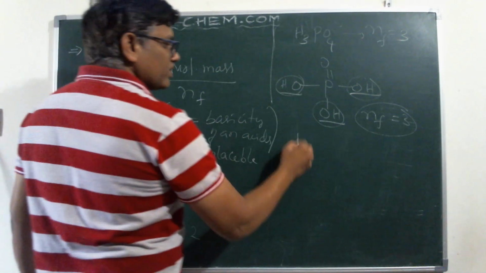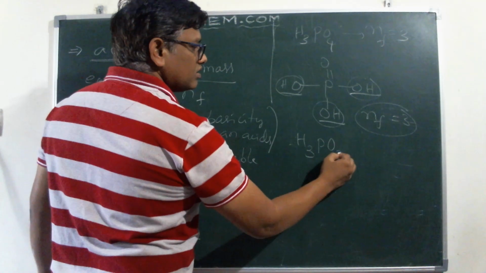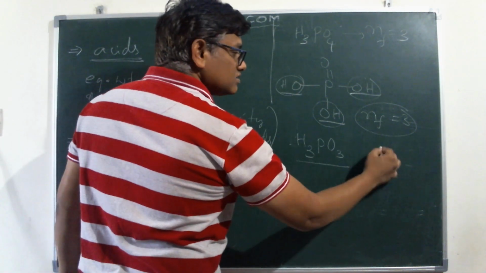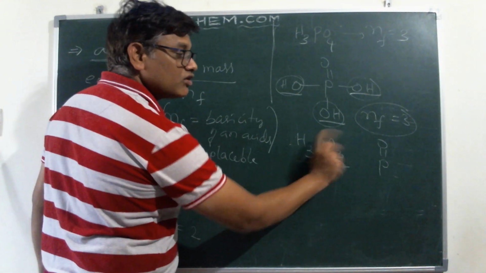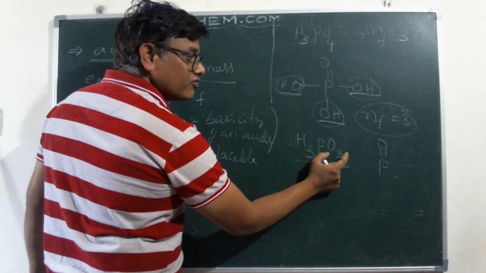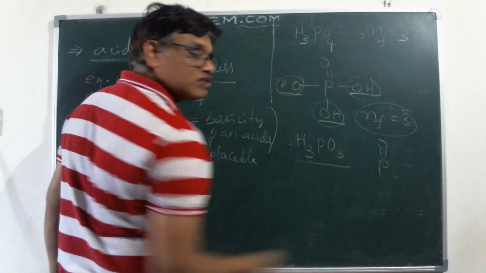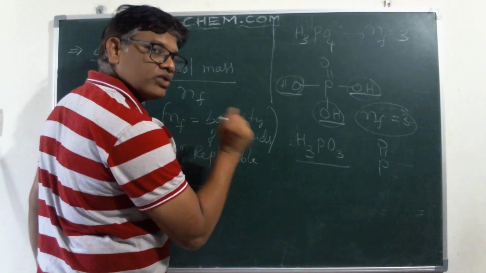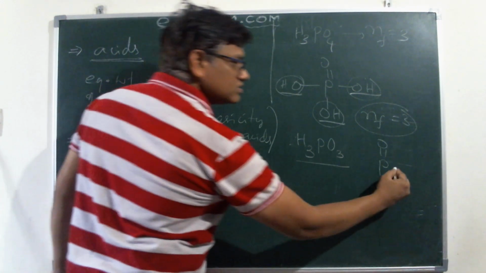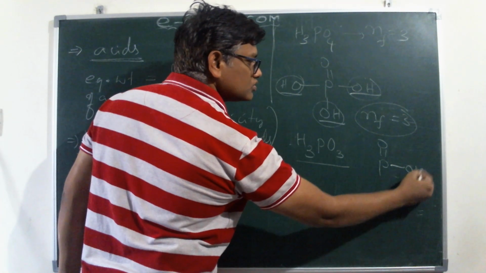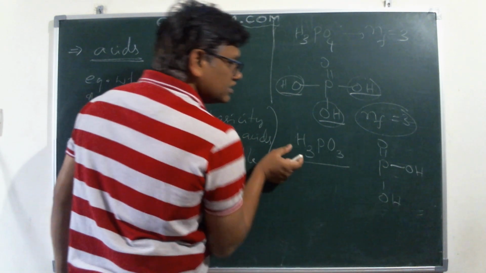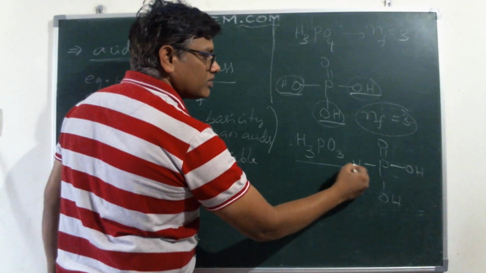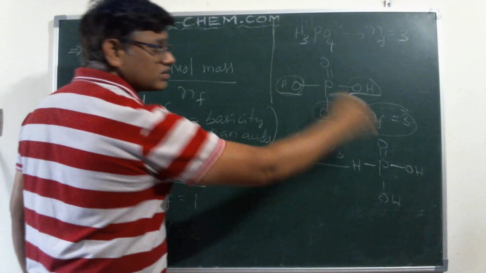Similarly, if I take the compound H3PO3, orthophosphorus acid, in this molecule phosphorus is the central atom, same situation. No matter how many oxygens there are, one oxygen must be taken as a double bond O. The remaining oxygens are taken with the hydrogens as OH groups. The remaining number of oxygens is 2, so the 2 OH groups take 2 hydrogens. The third hydrogen is left, and that will be directly connected to the phosphorus. This is a trick to draw the structure.